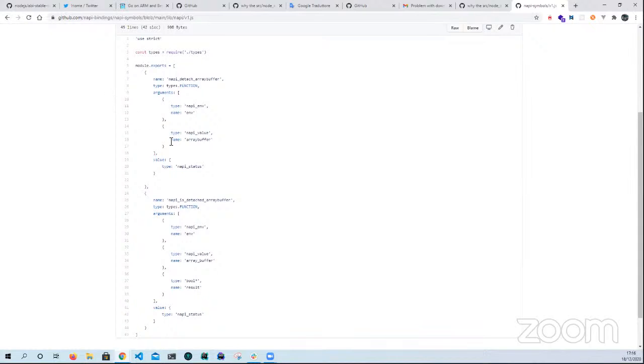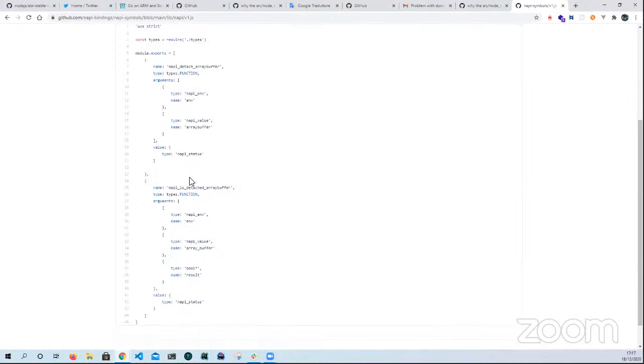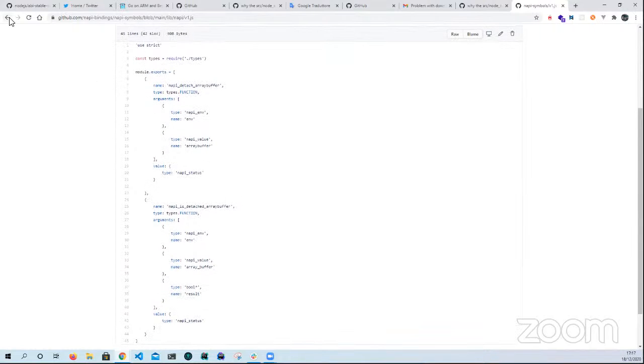Now I'm just defining the data structure that I want to use. It's an experiment. I don't know if this is the final structure, but essentially I want to use this